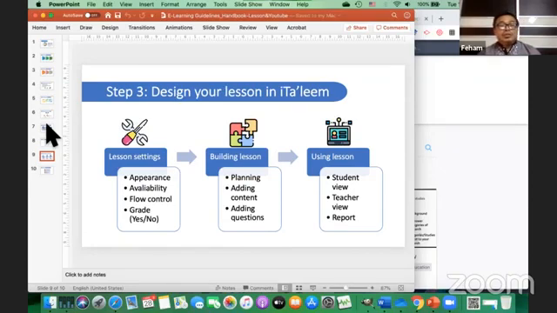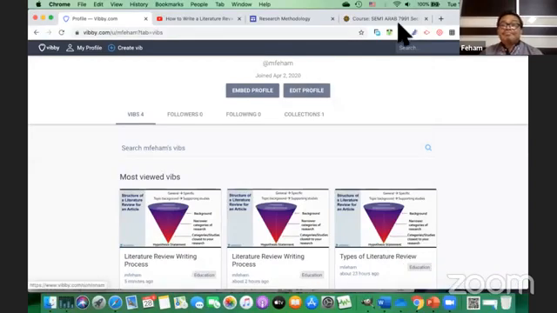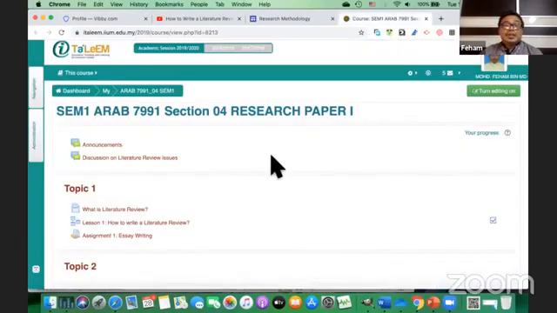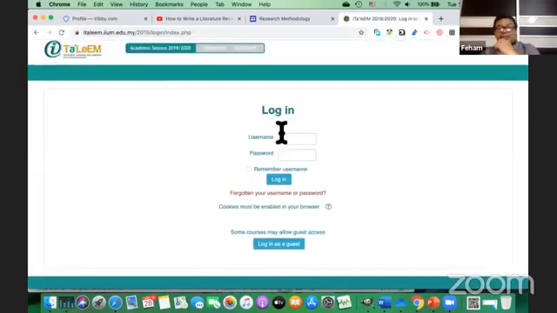We will go through the lesson settings, and then we will build the lesson, and then start using the lesson. So we open iTaleem now. This is my iTaleem account.